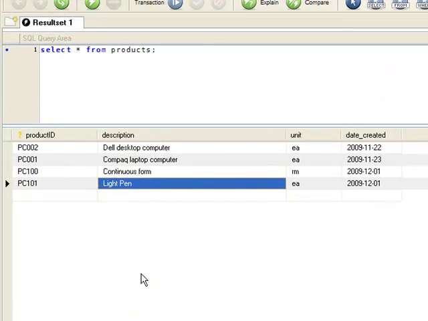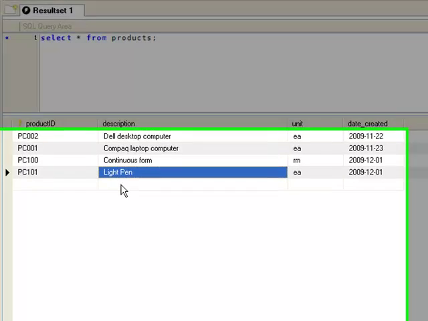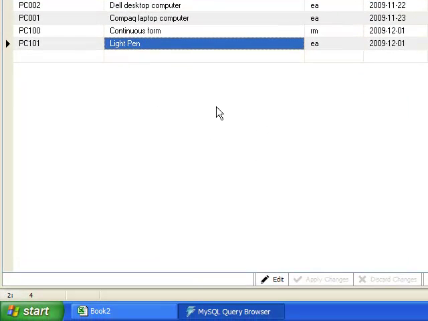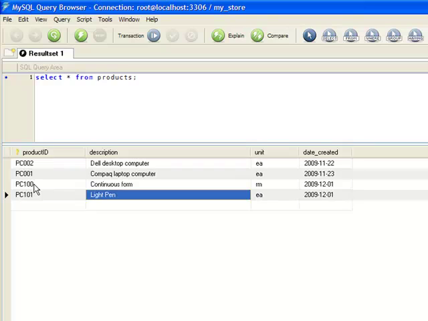But how do we delete these two records that we have inserted now? What we're going to do, we press edit again, and we click on the column name product ID PC100.